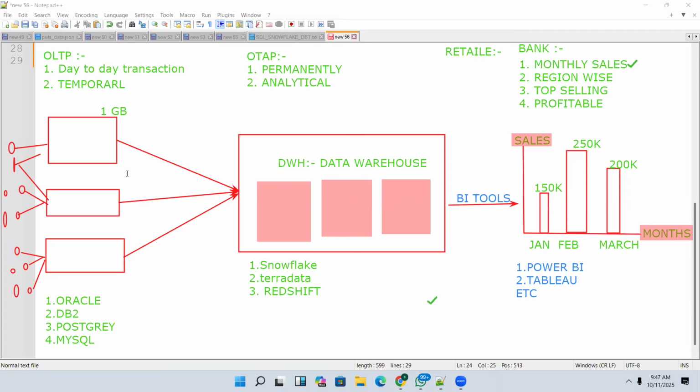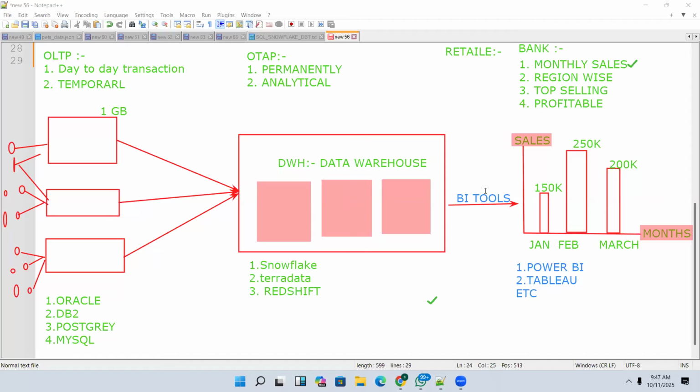From your side, I'm asking, are there any doubts till now? I'm just explaining some flow. Data will be available initially in OLTP databases, and then this data will be moved to OLAP databases. Whatever data is available in the OLTP databases has to be analyzed. Mainly, this is for analytical purposes.